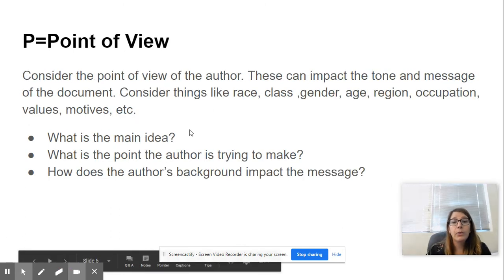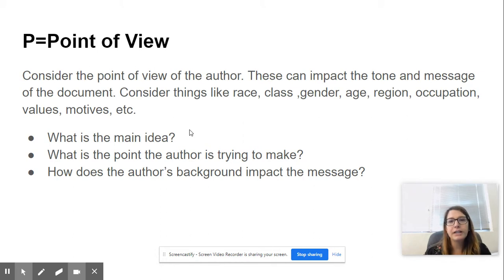Okay, P, point of view. This is always the hardest one for all of my students. This is kind of the bias, right? Where is the author coming from? These can impact the tone and message of the document. Consider things like race, class, gender, age, region, occupation, values, motives. So the time periods that we're going to be in, we will have to think about